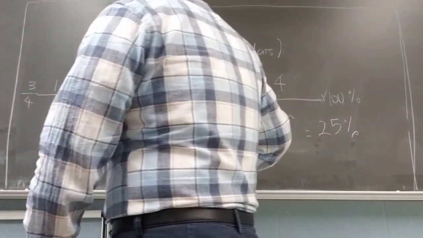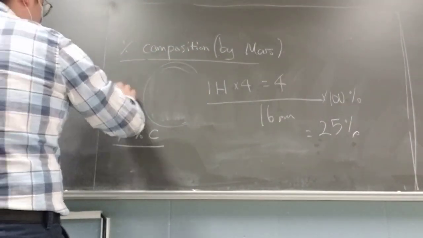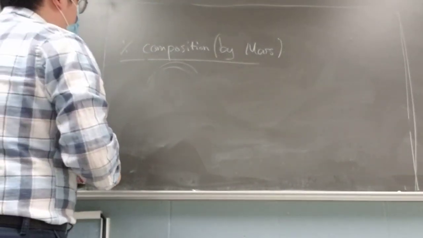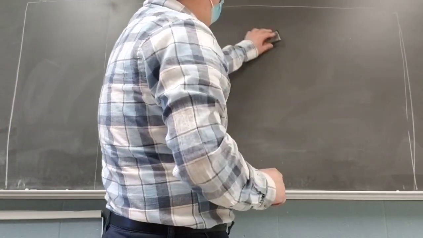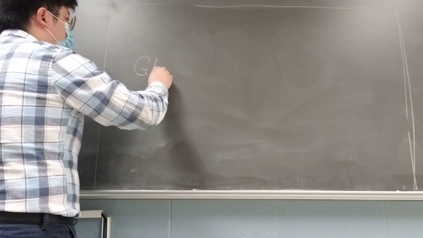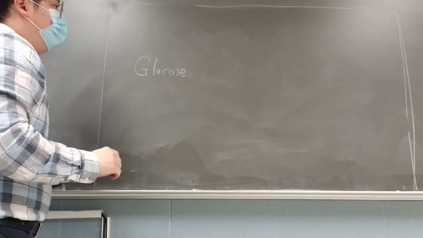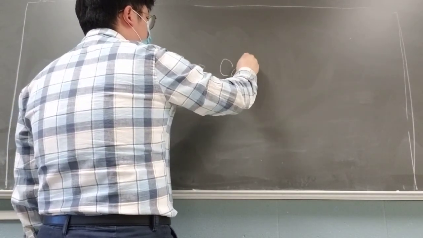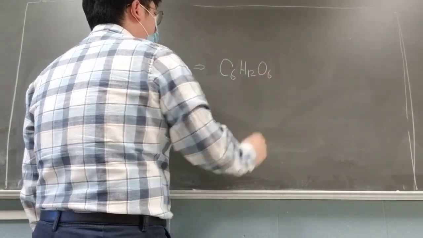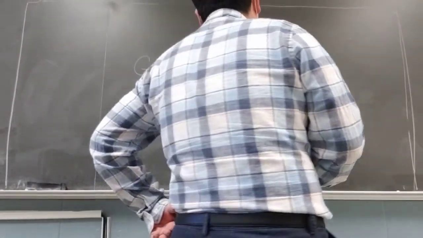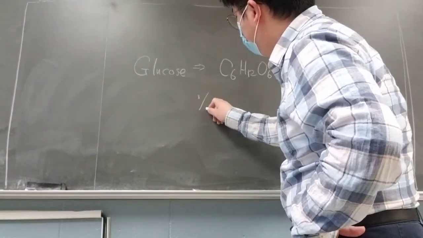Okay, so let's do a bigger compound. This might be another example. We can try to do percent composition for each different element in glucose. This is glucose. The chemical formula for this one will be C6H12O6. Great, you got someone who already knows this one. So this is the chemical formula for glucose, and we try to find out the percent composition of